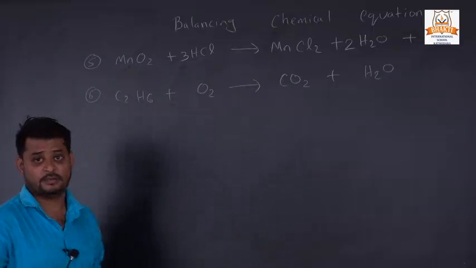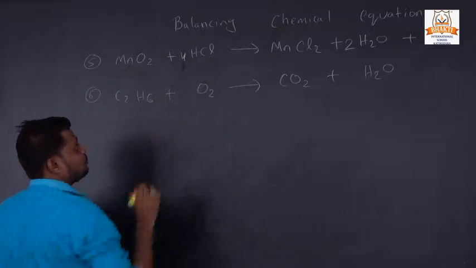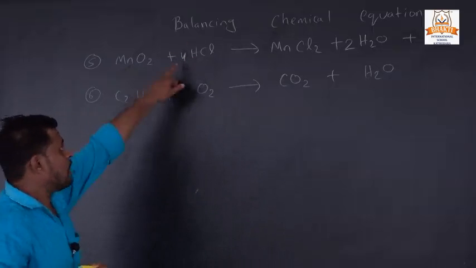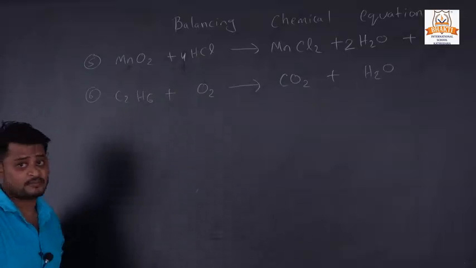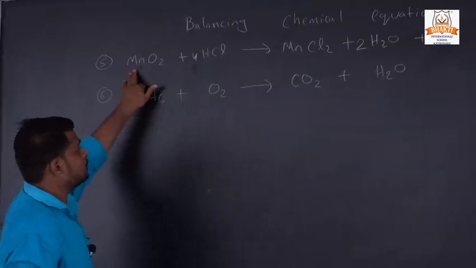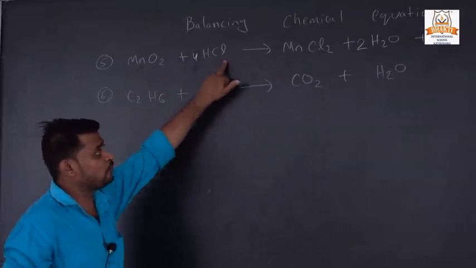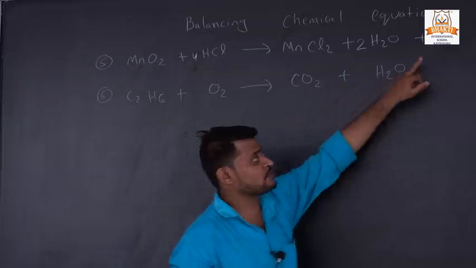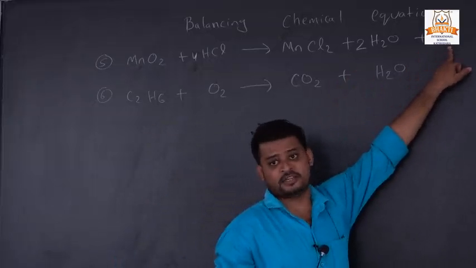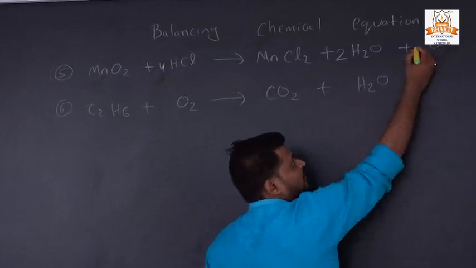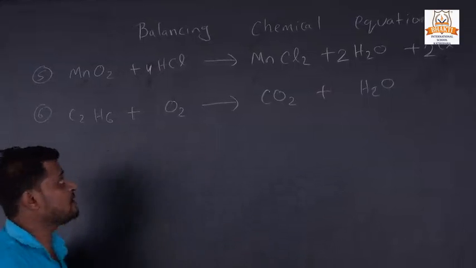It is unbalanced. So we have to multiply here 4. Now hydrogen 4, then we will change. So we will start again with metal. Metal 1, manganese 1, chlorine 4, here chlorine 2 plus 1, 3. So we will multiply here. Why? Because chlorine is alone. So multiply with 2. So it is 2 and 2, 4. So chlorine is also balanced.